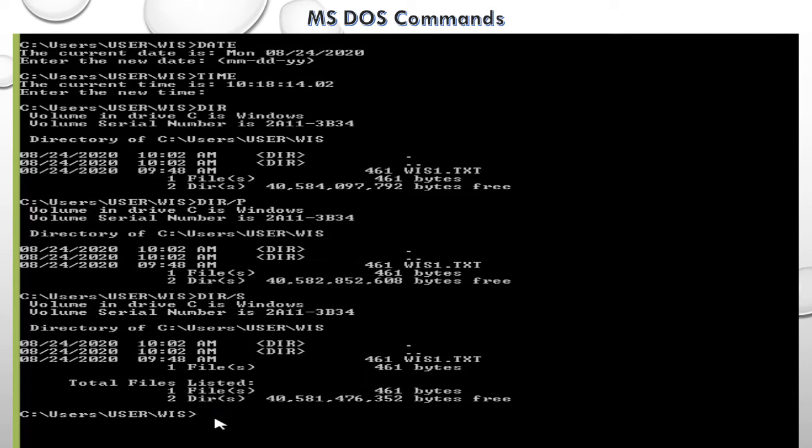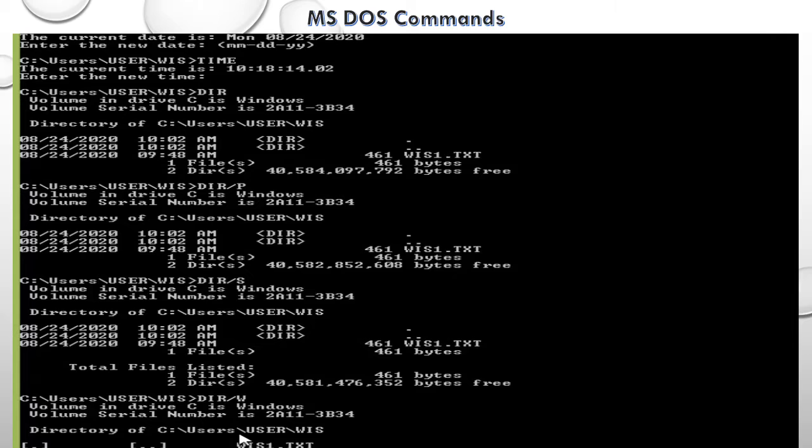Next, dir/w. It displays the list of names of files and directories in a wide format, like this. Next, dir/b. It lists the file names of directories like this.